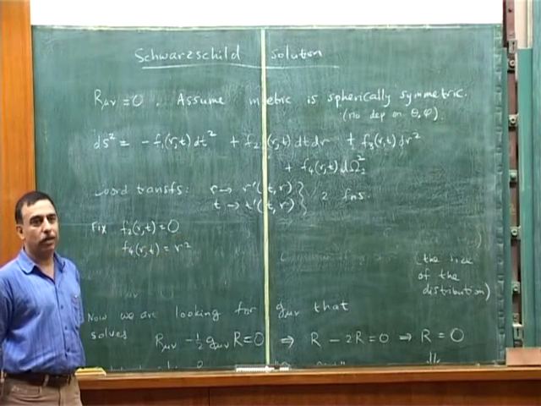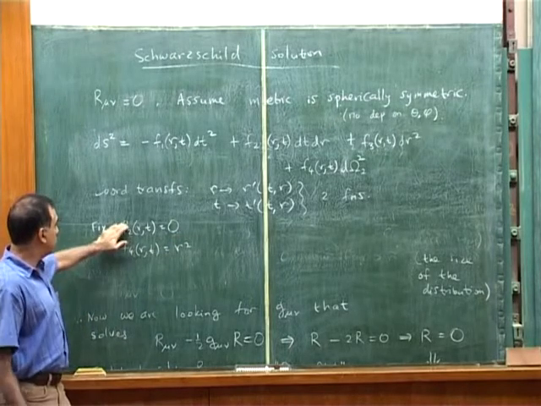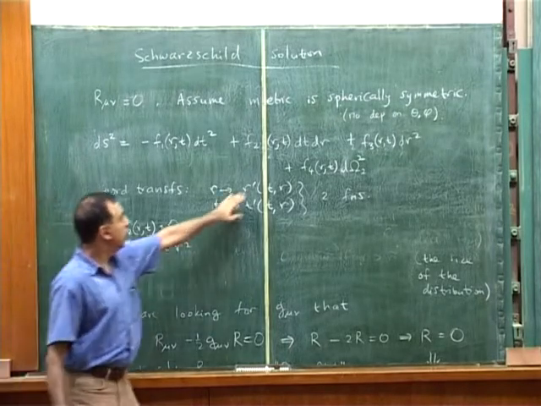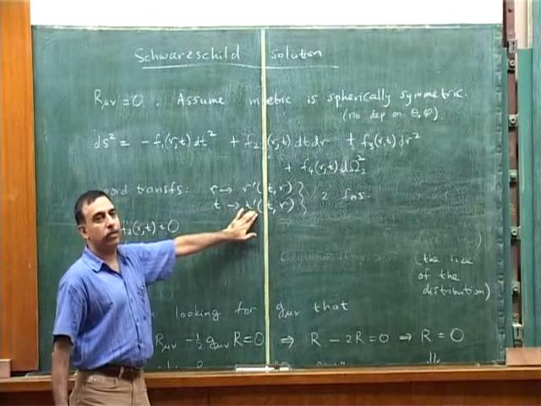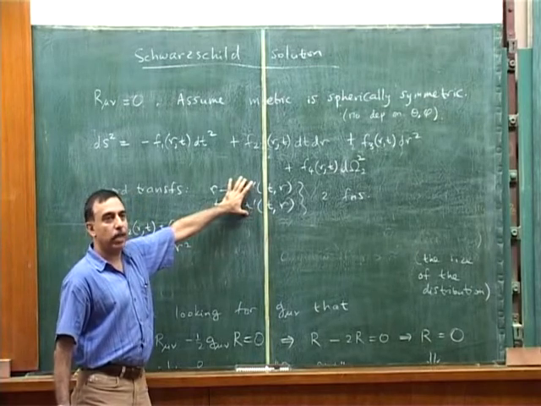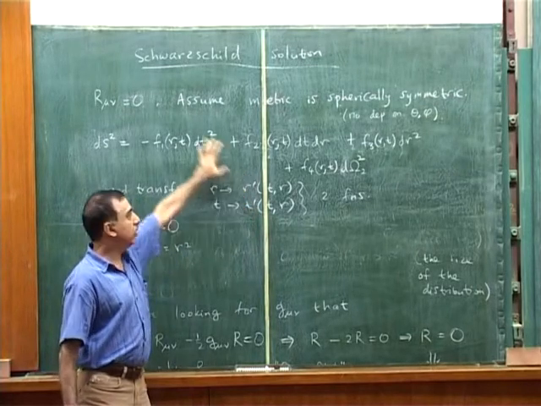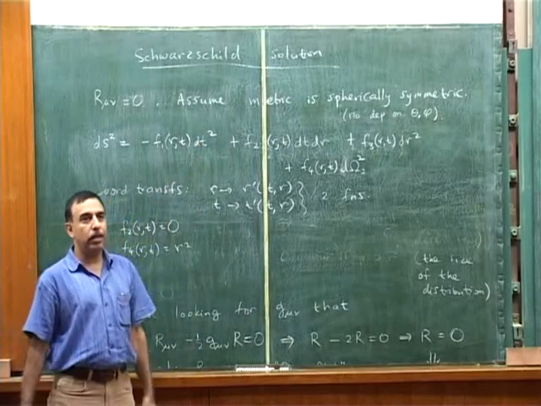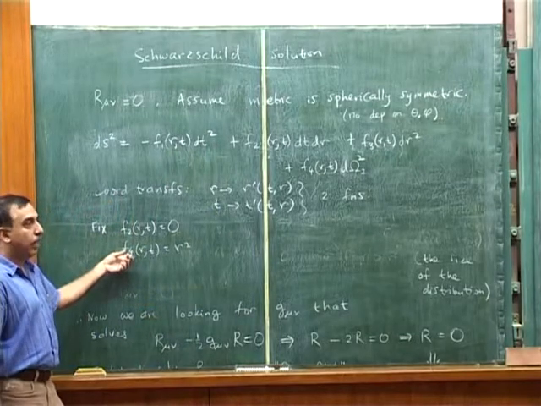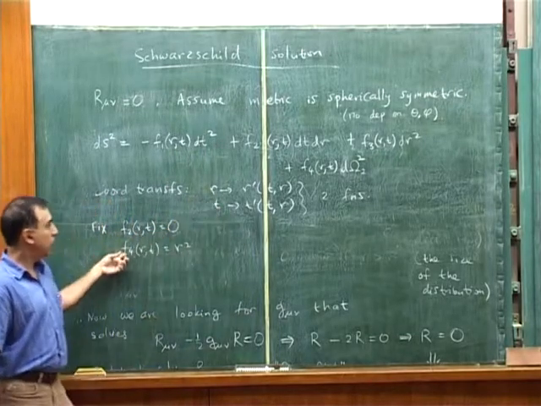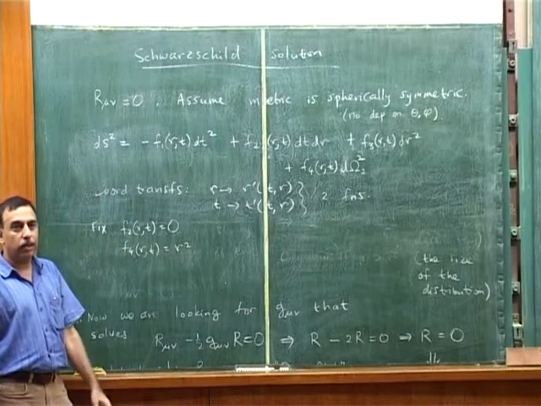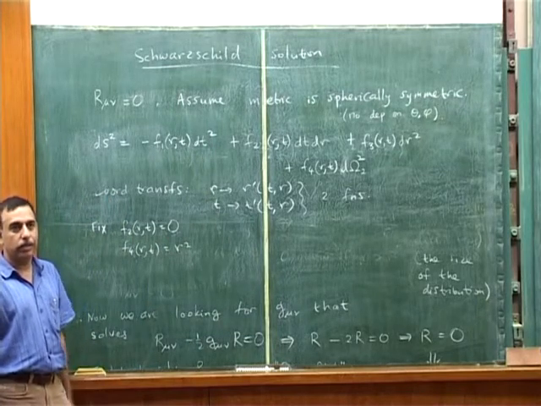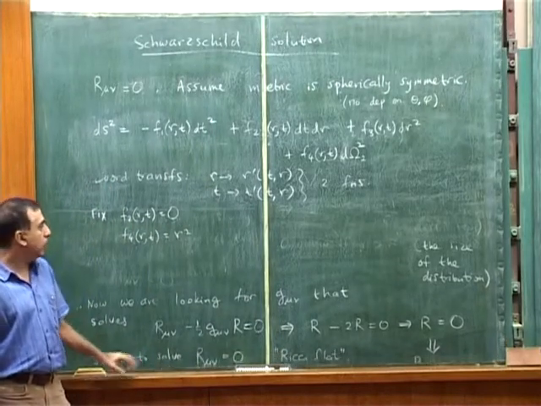It's one function of 2 variables. This is a function of 2 variables, this is a function of 2 variables, this is a function of 2 variables, and this is a function of 2 variables. These two I can choose as I like. They will affect the metric by the usual metric transformation law under change of coordinates. I'm claiming the end result can be, these two can be chosen so that these two results are achieved. They are completely functions, they are not numbers. So I set the functions this way.